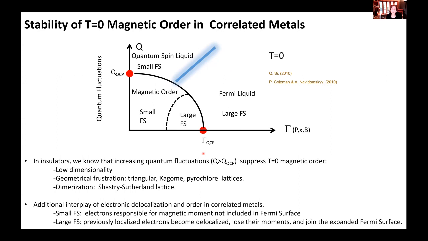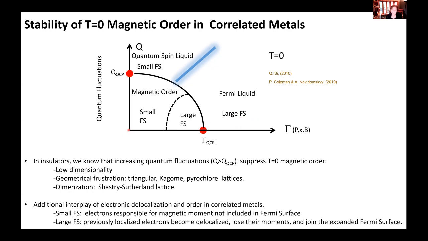So summing up all those comments is our overall phase diagram. And we can see that there are two control parameters. One could be that exchange that I just told you about. It is pressure, its composition, its magnetic field. And this is a parameter that takes you from having well-localized magnetic moments prone to magnetic order and suppresses their magnetism and the magnetic order, yielding a non-magnetic Fermi liquid sort of state that has a large Fermi surface.